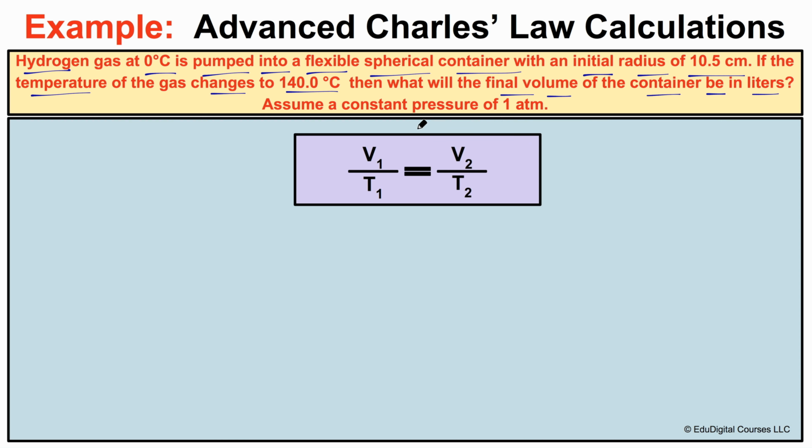So if we read this question here, we can see that we have a gas, specifically hydrogen gas, that has been placed in a spherical container. So here's our spherical container, and what we know is that the initial temperature of the gas in this container is 0 degrees Celsius. If we read on, we also know that the radius of this spherical container is 10.5 centimeters. It says if the temperature of the gas changes,